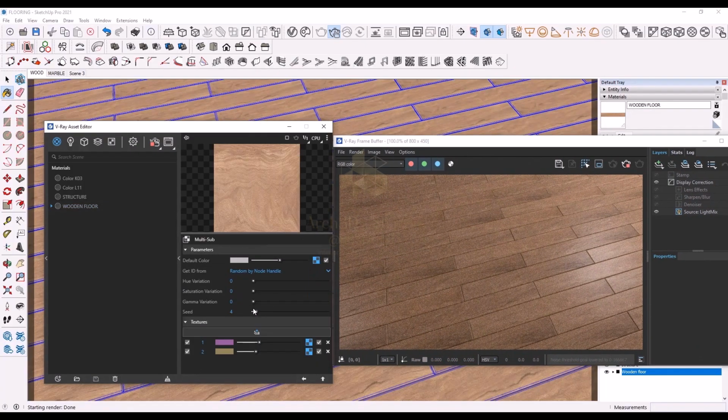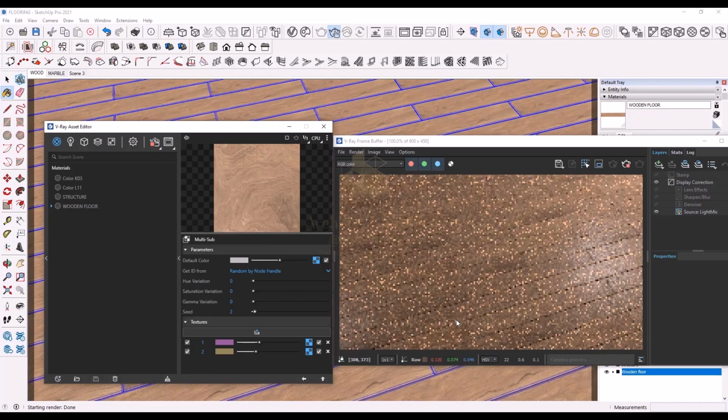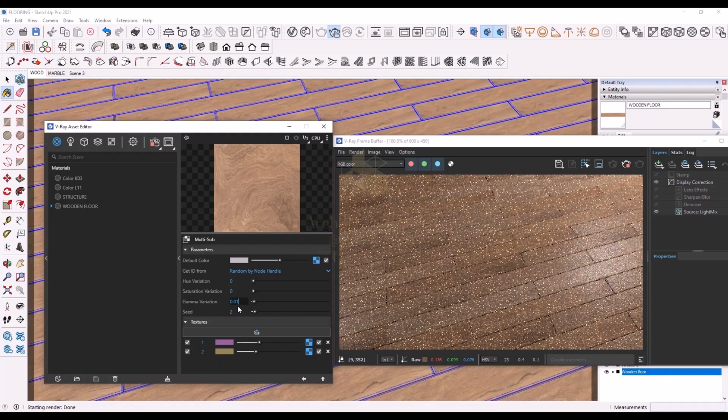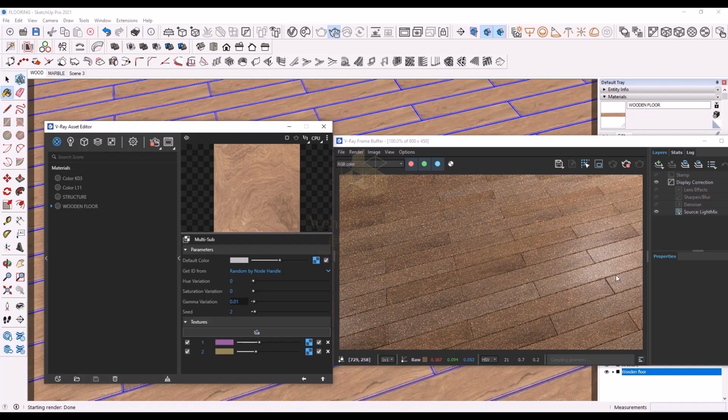Go to Material Settings and change the seed number in the multi-submap. Change the gamma variation slightly to change the saturation in some of the planks.